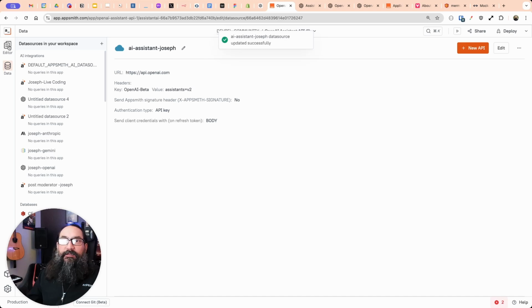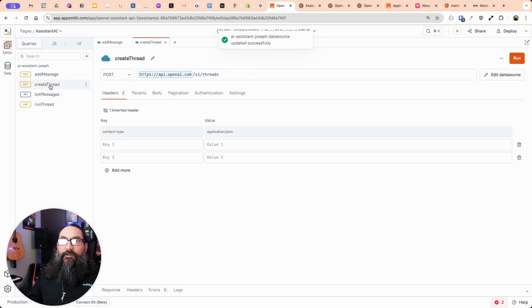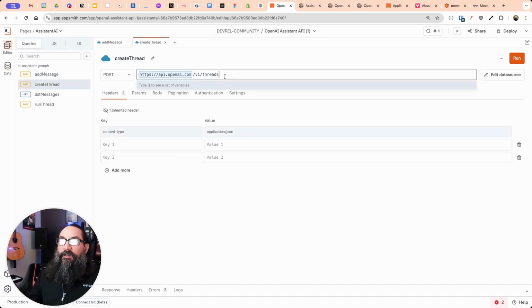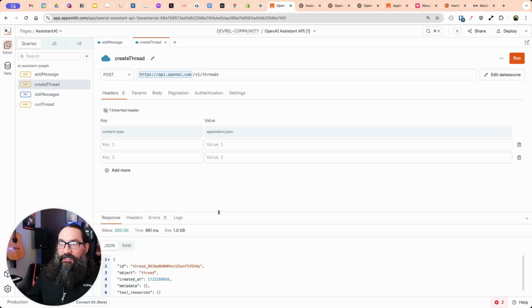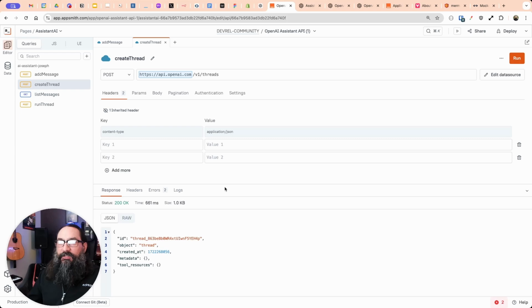And if we head back to the editor here, we should be able to get a 200 response now on the create thread. So this API it's the first step in creating a chat. If you want to actually talk to the AI assistant, the first thing is that you just run the create thread, you get back an ID, and then that ID gets used in all the other APIs. I'm not going to go too much more into this app. Just check out the video from last week. So now that this is reconnected,